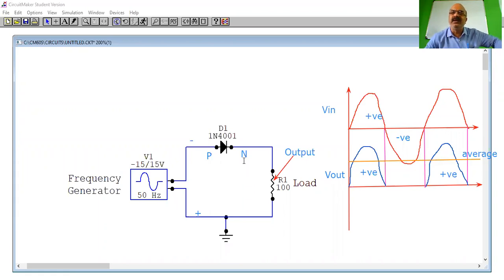Reverse bias मध्ये diode मध्ये करंट फ्लो होत नाही, फक्त minority current, अगदी लहान करंट फ्लो होतो, त्याला minority current म्हणतो आपण. So in the negative half cycle diode is reverse biased and therefore the majority current doesn't flow in